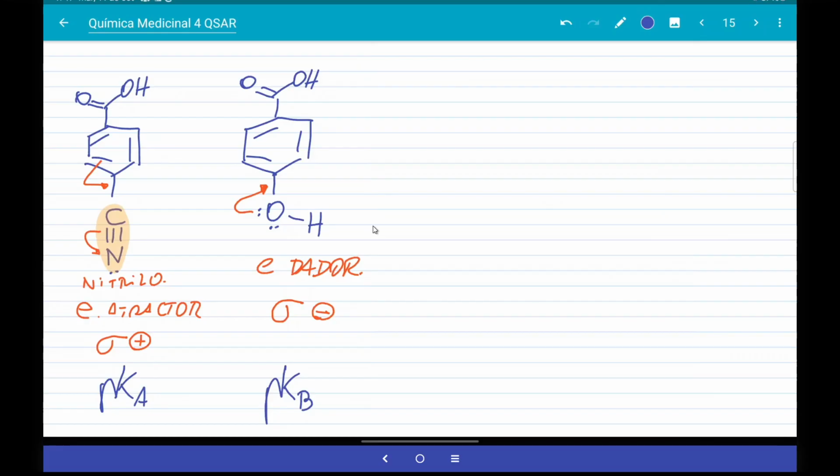Be careful, because the electron attractor will better stabilize the negative charge that is generated when the proton is released. The conjugate base stabilizes better in the first case, and therefore the first acid is more acidic. Perfect, and as it is more acidic,